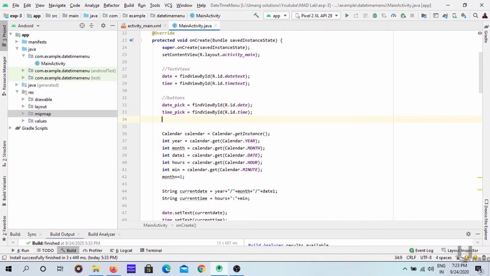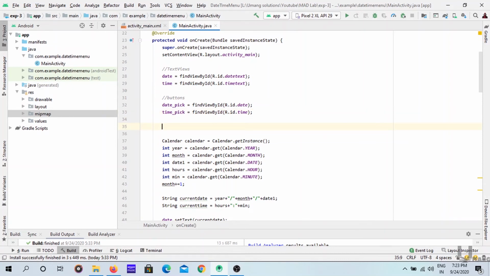Wait a second, before removing, just call the method. Let's make it as a calendar. Calendar, this is an array because we are getting an array from the method. So the method name is current date. So we can remove this line.